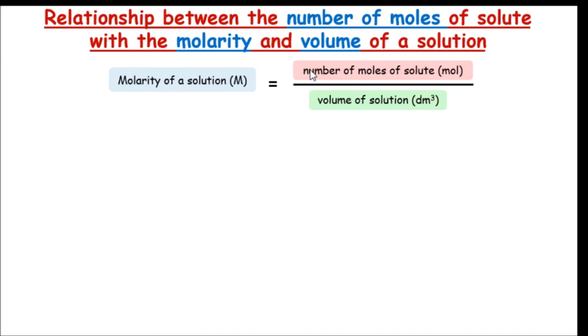Now, do you know what is the formula for the number of moles of the solute? Based on the formula of molarity, if you want to find the number of moles of the solute, then you need to multiply the molarity by the volume of the solution. And finally, you can get the number of moles of the solute is equal to